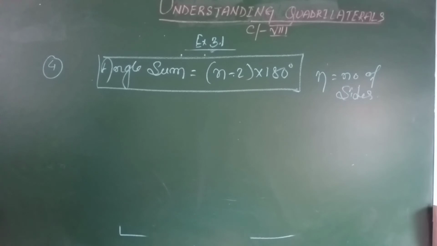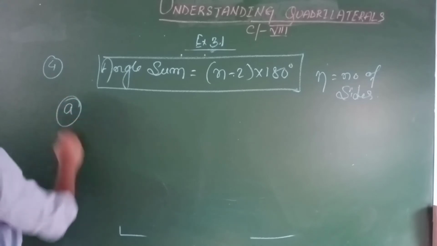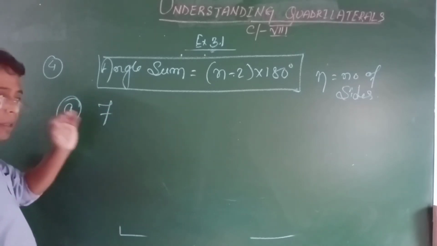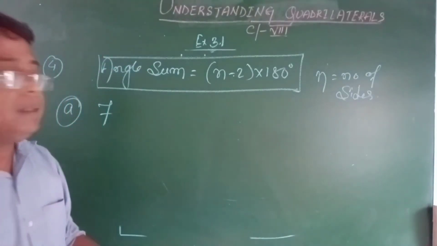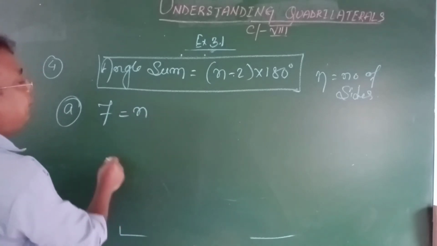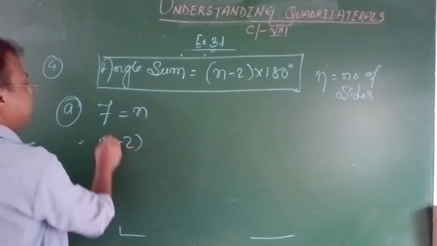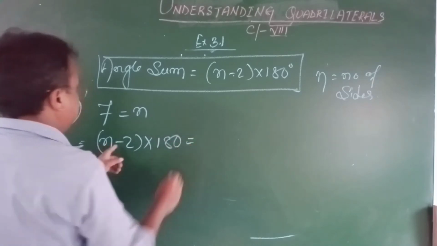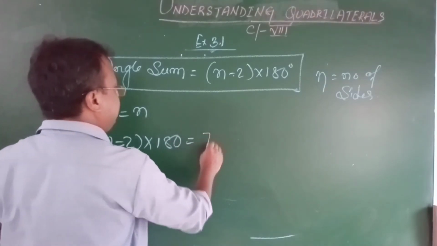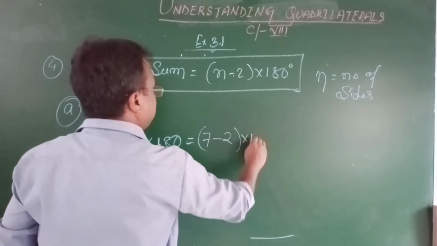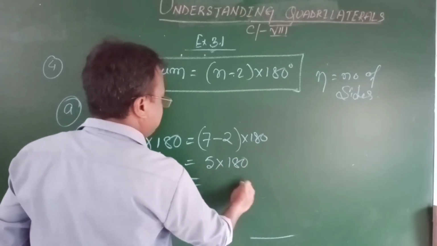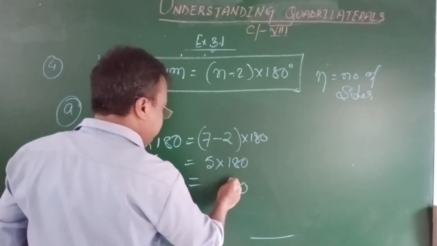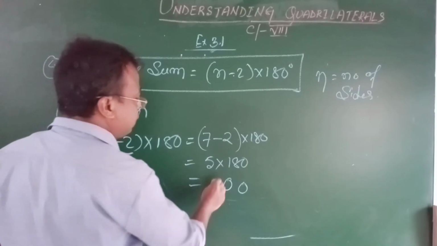Now question 4 A, what does it say? What can you say about the angle sum, if the side is 7? If the polygon has 7 sides, what is its angle sum? So n is equal to 7. We can write the formula n minus 2 into 180 degree. n is 7 here, so 7 minus 2 into 180 degree. 7 minus 2 is 5. 5 into 180 degree. 5 into 8 is 40, 5 into 1 is 5, plus 4, 900. Means